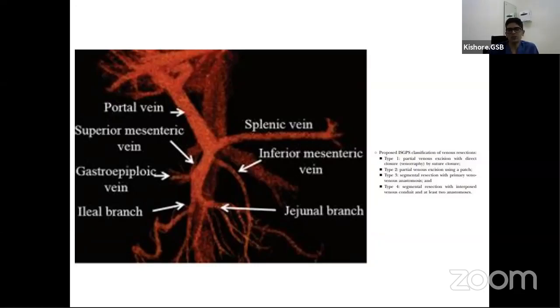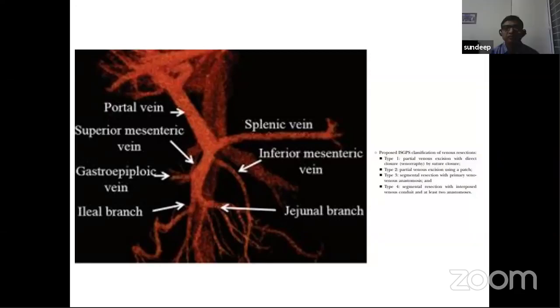But having said that, most of these pancreatic cancers are advanced, and as such, their survival may not be very long, even with the best of treatment. So we don't really require very long-term patent grafts, I suppose. So no personal experience, but I think it's worth doing if you're caught in a fix and you need an urgent thing. The other thing is there are these commercially available bovine pericardial patches, which are ready-made tube grafts, which also can be used sometimes.